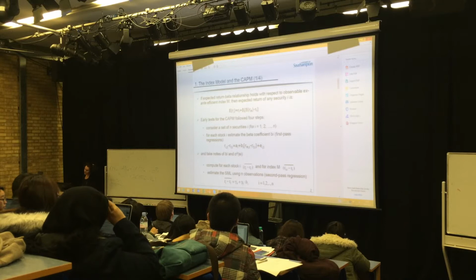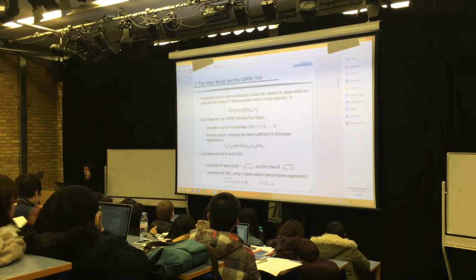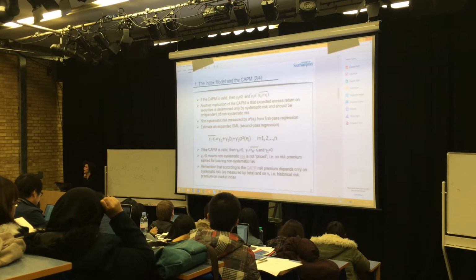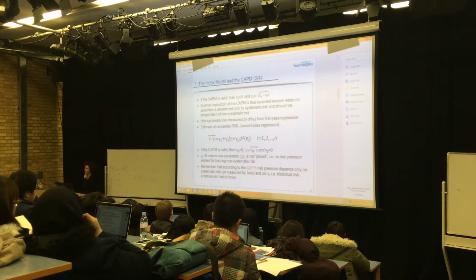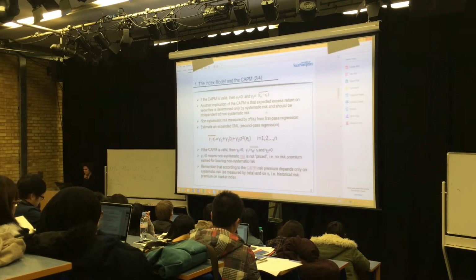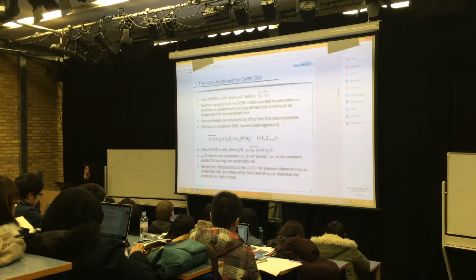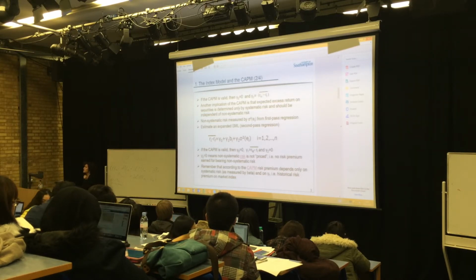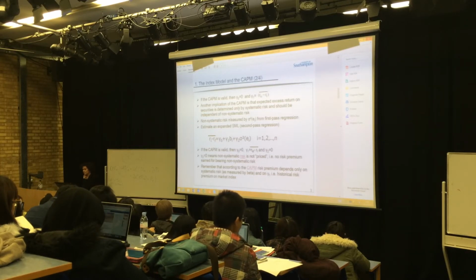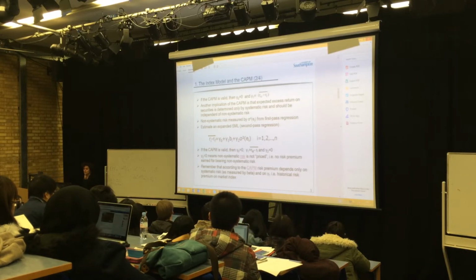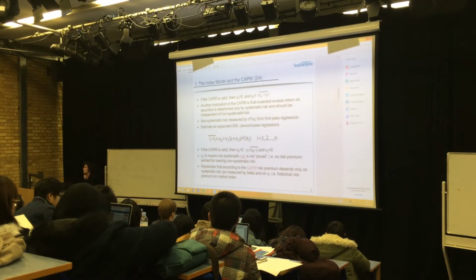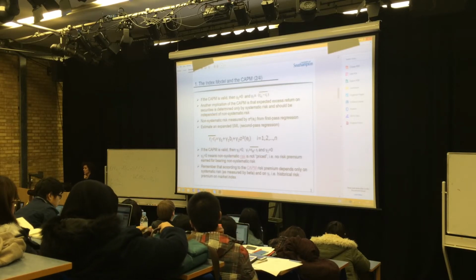This quantity, if the model holds, should also be equal to this gamma here, which is what I was able to calculate: the excess return of my market portfolio minus the risk-free rate. Remember that the capital asset pricing model only rewards the systematic risk, and it should be independent of any non-systematic component of risk. The non-systematic component of risk, based on what we saw this morning, relates to the